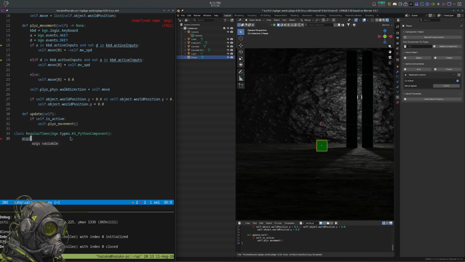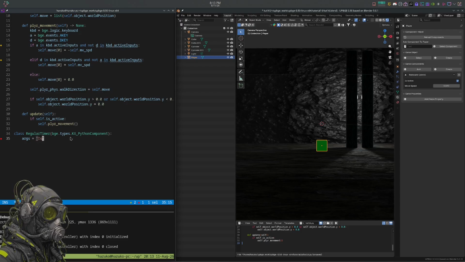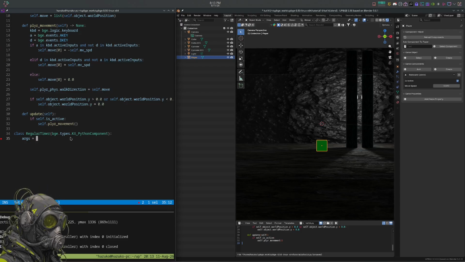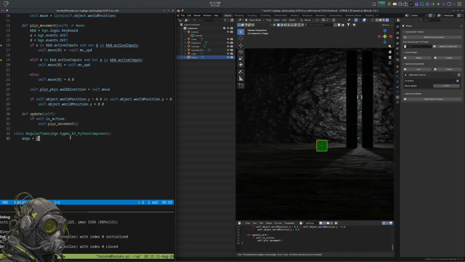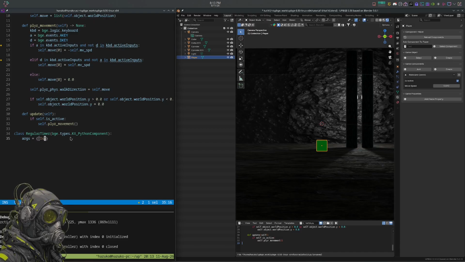We'll do args equal to isActive. And actually, isActive is a very good property to have in your args dictionary for timers, because